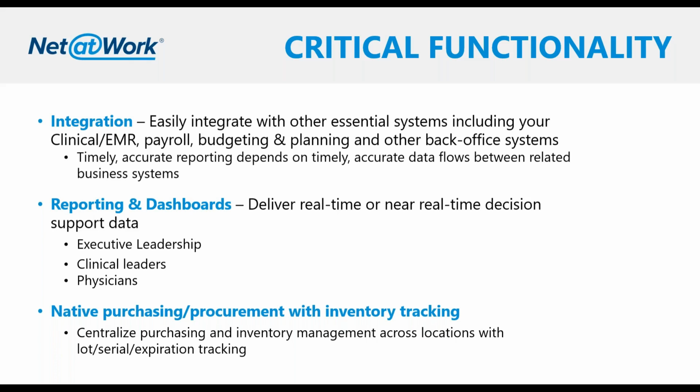This is even in cases where there's some manipulation that's necessary, right? Sometimes there's data transformation that needs to occur once you have the data out of one system before it can be put into another. That too can be automated as well. When we talked about reporting and dashboards, it's really important that once we do have all this information available in one place for reporting,